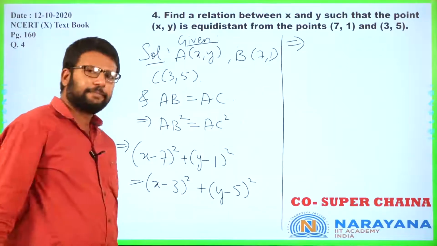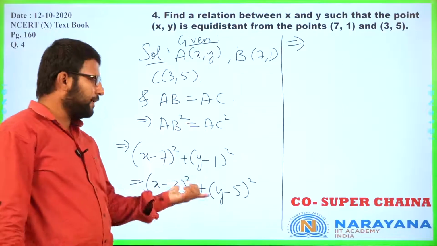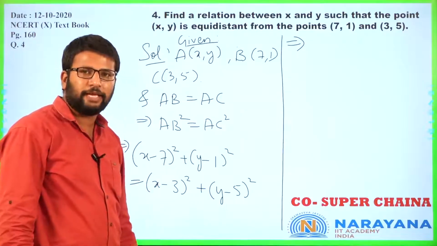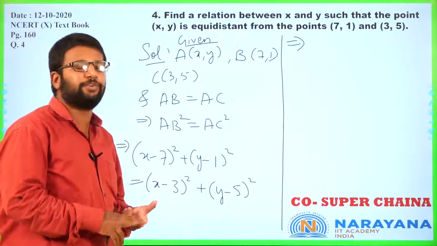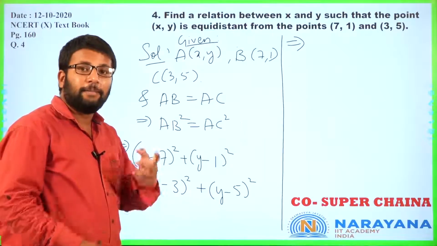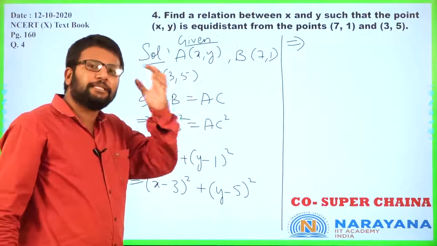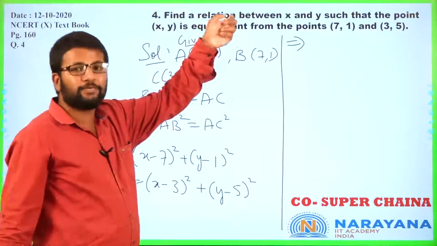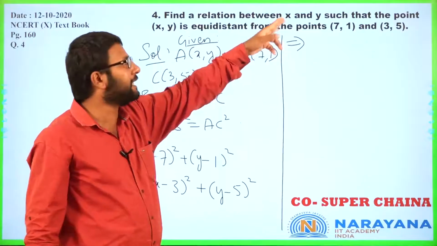So simplify this. Hold on, there are two unknowns here, x and y. We have written only one equation. With one equation you cannot solve it, x and y, no, correct? We have always said that if you have two unknowns then you need two equations. So we cannot solve for x and y, but you don't have to. Again, this understanding is very basic, so basic that many students don't get it. What is that? They are not asking you to find the value of x and y. They are asking you to find the relationship between x and y.